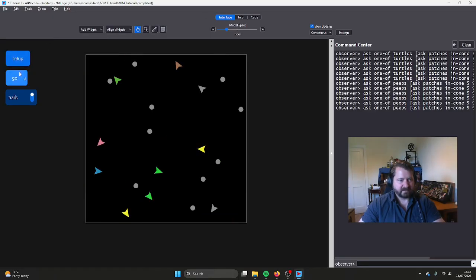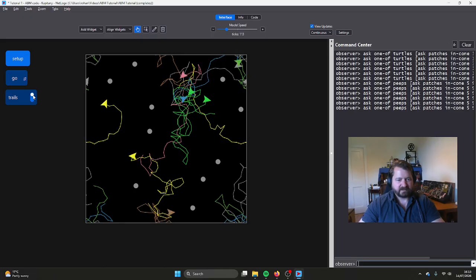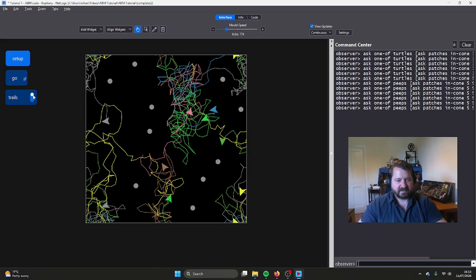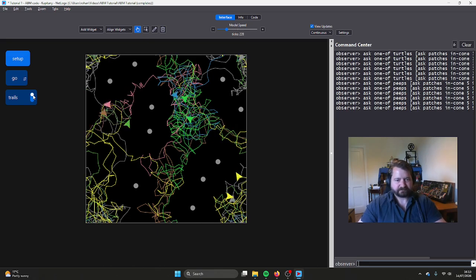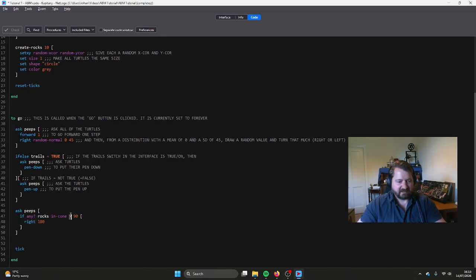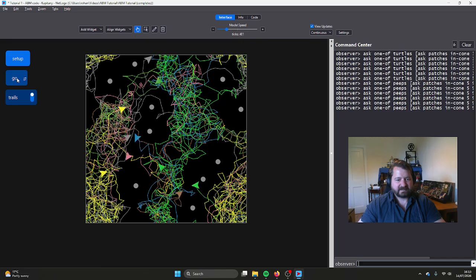Now let's see what happens. Okay, so what we're seeing here is that the turtles are managing to detect and then avoid the rocks. You can see, because our trails are down, that the turtles aren't in fact walking across any of the rocks. Because the range is so large, they're avoiding them quite dramatically, which is kind of neat. So if we go in here and actually change this down to like radius 3, we'll see the difference. We'll start seeing them creep a little bit closer, okay, because they're not able to detect things from as far